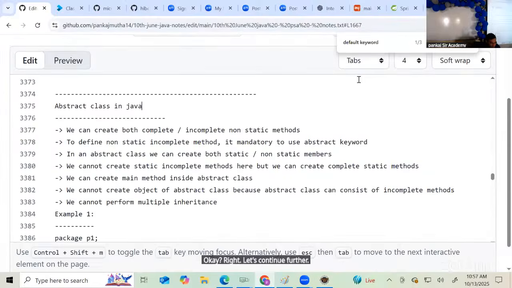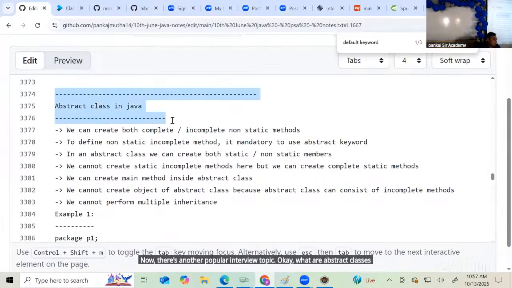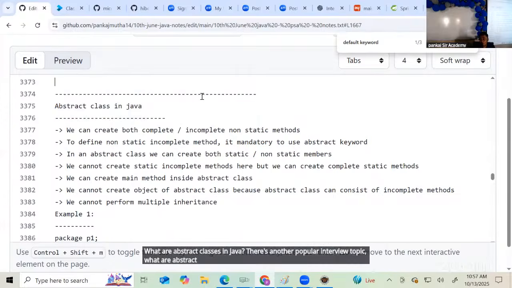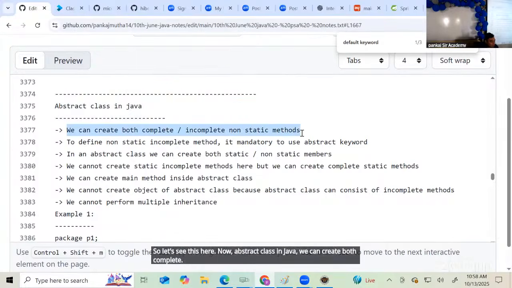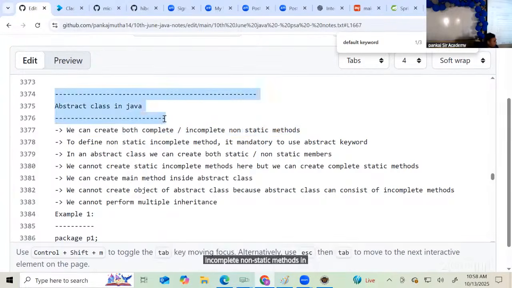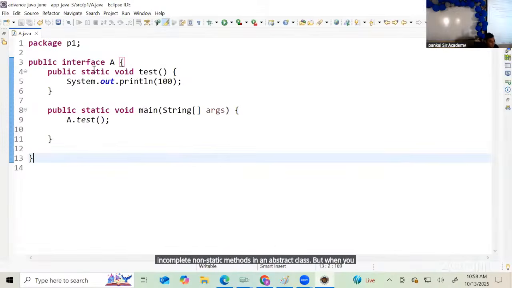Now there's another popular interview topic: what are abstract classes in Java? Let's see this here. In an abstract class in Java, we can create both complete and incomplete non-static methods. But when you define an abstract class,